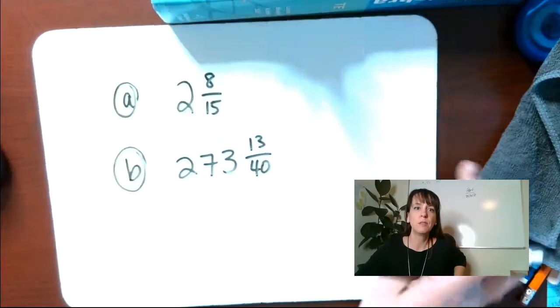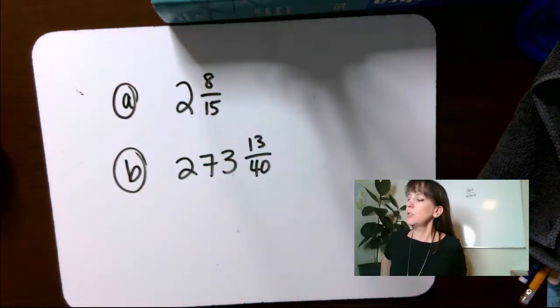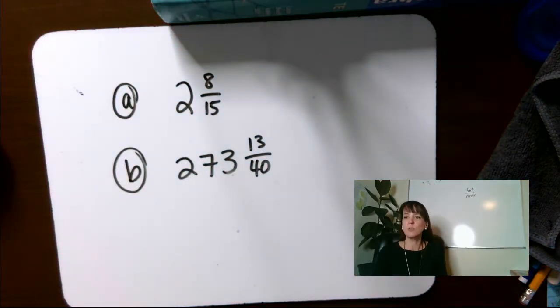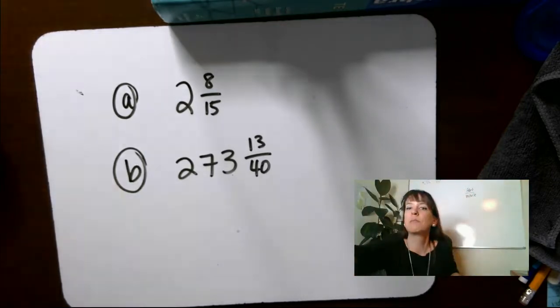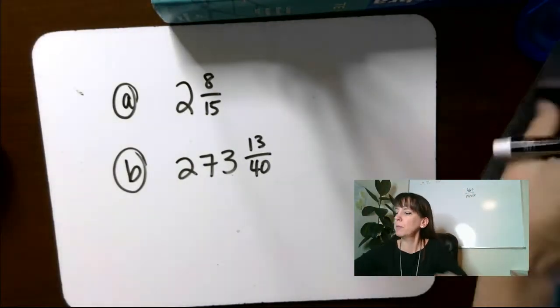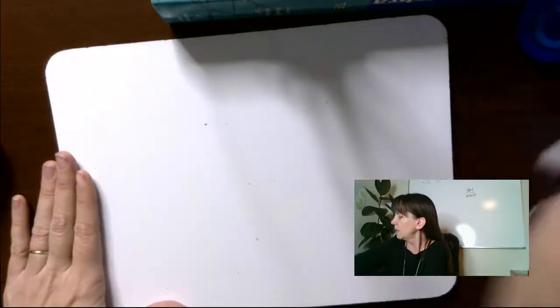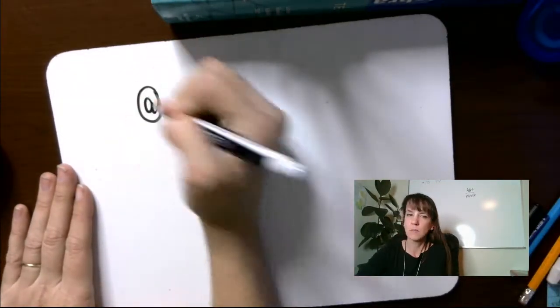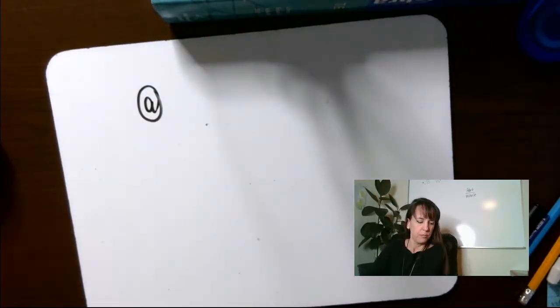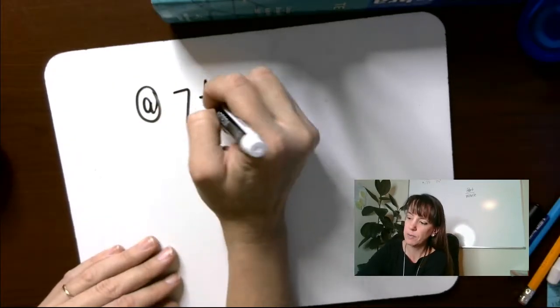All right, guys, so these are your answers for those practice problems. If you did not get those answers, you need to stay with me and I will go through those problems together with you. Let's look at A. All right, so that's going to be 7 and 1/5